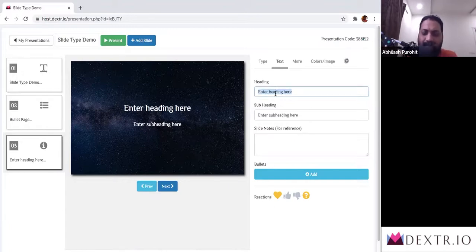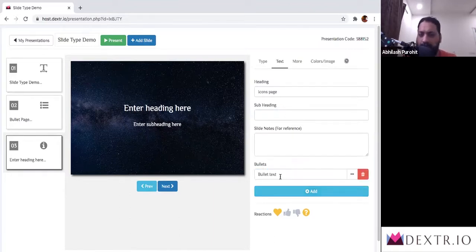So if I select this, I'll just change the title so we remember which one is which. This is icons page. I go here. I get rid of the subheading. I come to this page. And if you see, once again, it looks very much like how bullets would look. I can click on bullets. And in here, I'm going to change this from icon bullet to icon